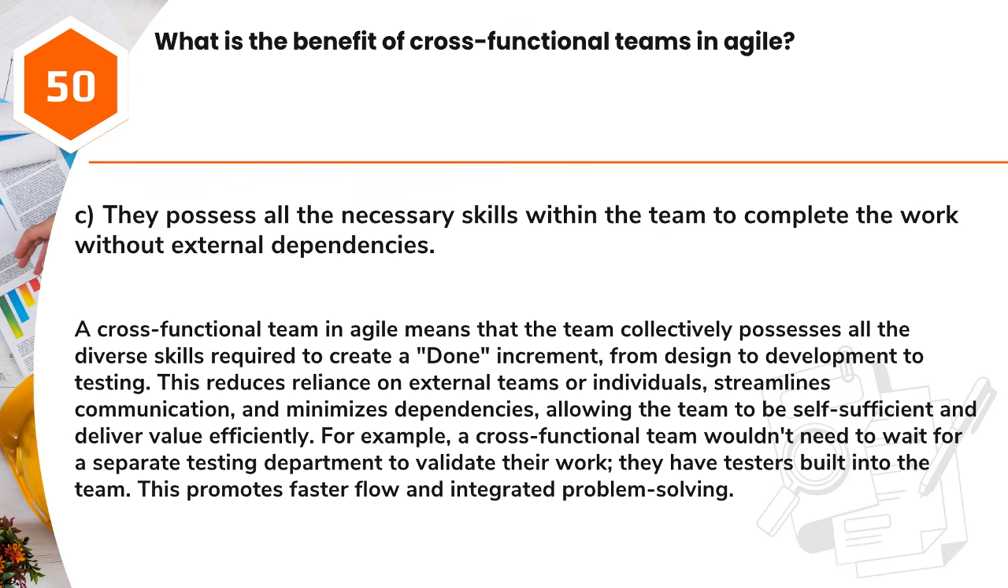Answer: C. They possess all the necessary skills within the team to complete the work without external dependencies. A cross-functional team in Agile means that the team collectively possesses all the diverse skills required to create a done increment, from design to development to testing. This reduces reliance on external teams or individuals, streamlines communication, and minimizes dependencies, allowing the team to be self-sufficient and